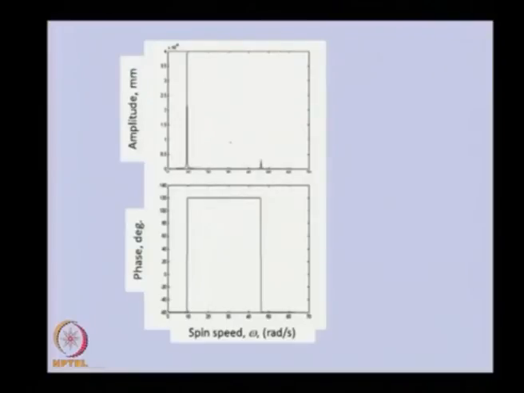This is the same plot, but in the one. So you can see wherever there is a peak, there is a change in the phase. In fact this peak is not small, because we have taken some step size, and because the step size was not very close to the critical speed, that's why this amplitude is low. Otherwise, if we take a more refined step size of the speed, we may get this higher, but this phase will nicely indicate the location of this particular critical speed.